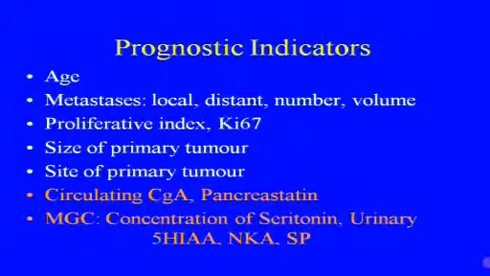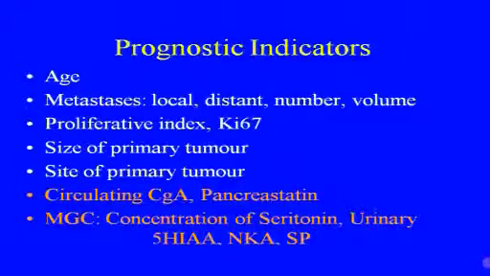Now, what prognostic indicators have there been in the past? And if we look around, I'm more likely to die in the next 5 years than somebody in this room who is 25 years old, purely because I'm much older. With metastatic disease, it depends on whether there's local or distant, or the number of metastases, whether it's in the liver, and the volume of metastases. And all of these things have been linked in the literature to prognosis.